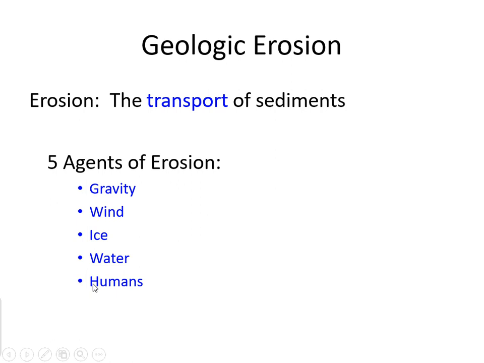A lot of our focus will be on how humans are enhancing this erosion, right? So right now we're talking about natural geologic erosion. In the near future, we'll be talking about how humans exacerbate the problem, right? Human activities like mining, deforestation, and farming all have a tendency to promote erosion and therefore the loss of critical nutrients in certain areas of the world. After all of these things move, they eventually get deposited and laid back down, but oftentimes they're no longer in the location that they originally formed. And so we'll look at the